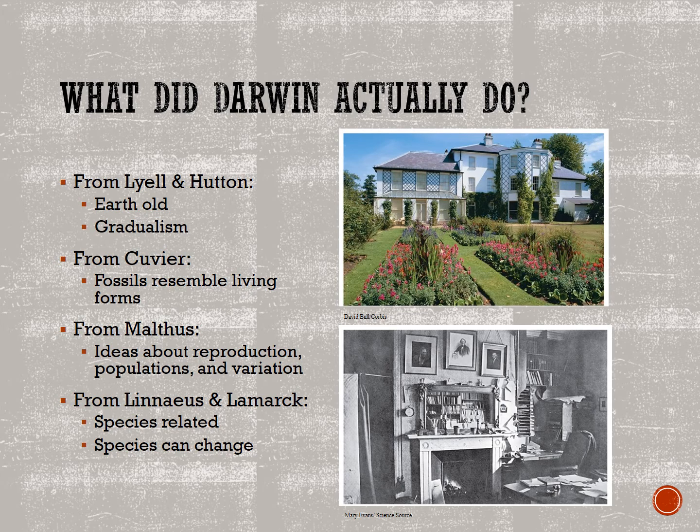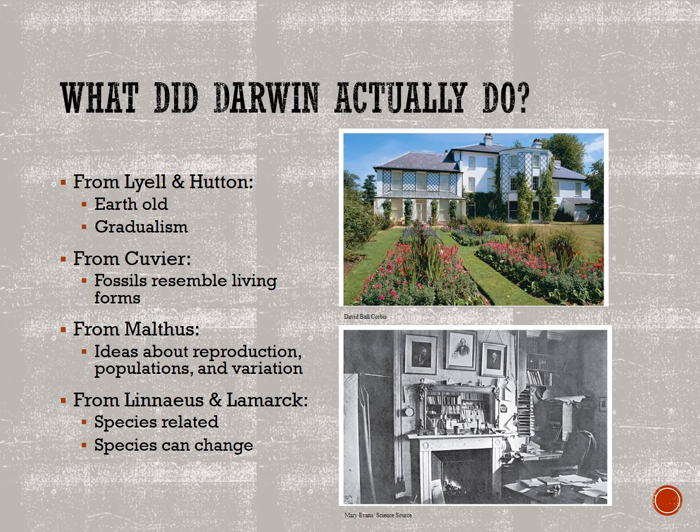So from Lyell and Hutton, he gets the idea that, yeah, the Earth is old, and he comes up with this concept of what we would call gradualism, that as time passes, species slowly become other species. That's true for some species. For some species, it's actually a punctuated event, but we'll talk about that later too. From Cuvier, he gets the idea that fossils resemble the living forms and that there has been some form of extinction. From Malthus, he puts together those ideas about reproduction and population checks to positive increase, and he applies it back to biology instead of to people, and